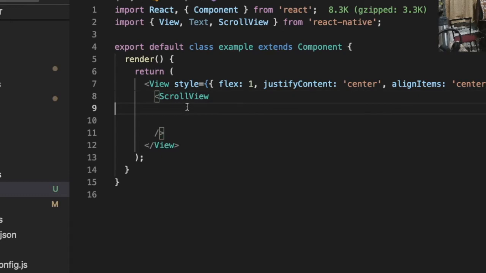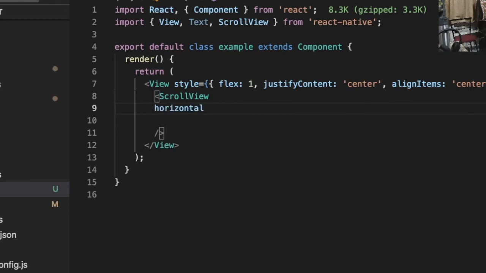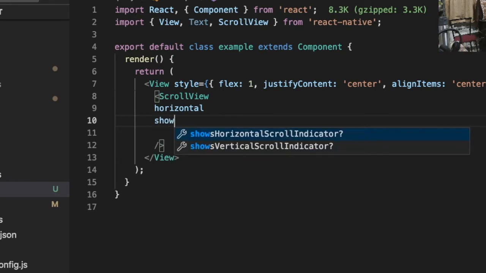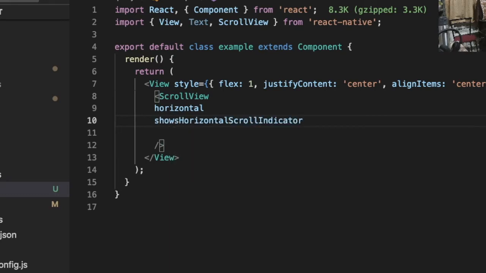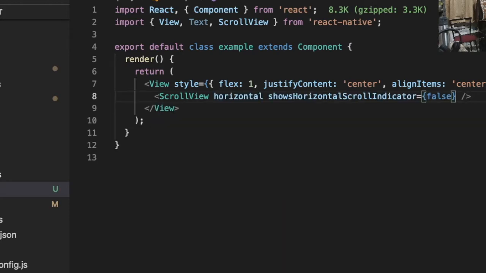Correct. So in this scroll view we have so many props. First of all, this is the horizontal prop I'm going to use. Another one is the horizontal scroll indicator, which I'm making false because I don't want to use this default horizontal indicator in my view.